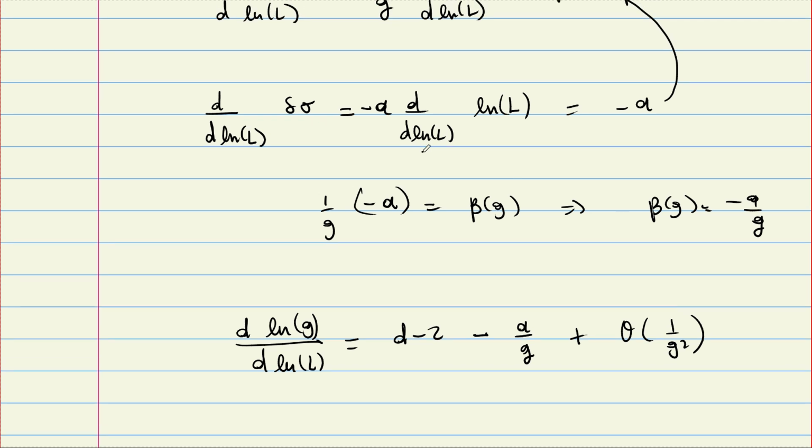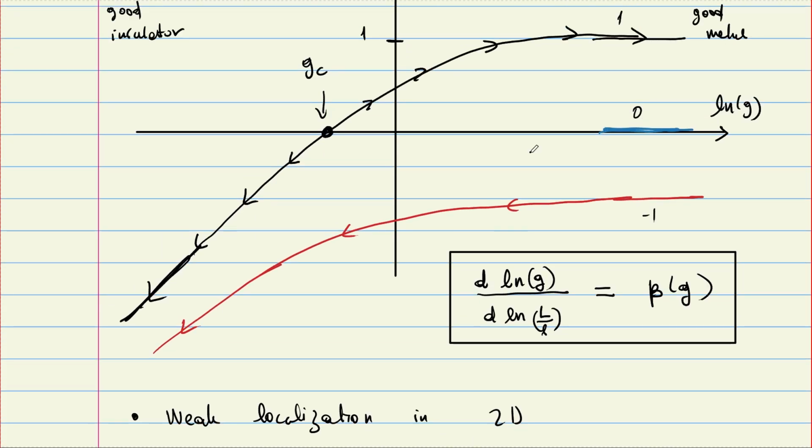And since we found this to be negative, it is going to push this blue line a little bit negative, even for very large values of g. That means it's going to be a good conductor, right? There's no problem, but it's just logarithmically pushed down the negative axis, and it means if you go to really large sizes, it's supposed to flow to the insulating side. And that's the statement of weak localization in the scaling language.